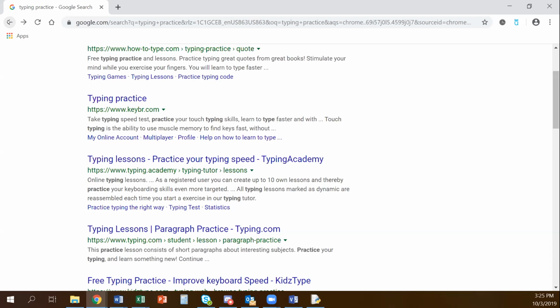Look around, and you'll find one that you like better than the others, because there's so many of them. There's ones where you can set how fast you want it to go on your screen and figure out